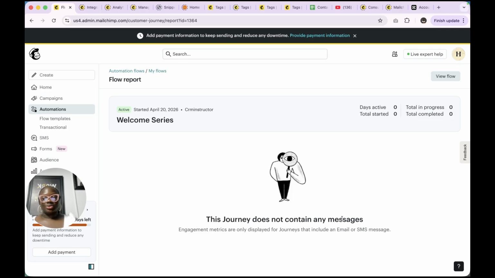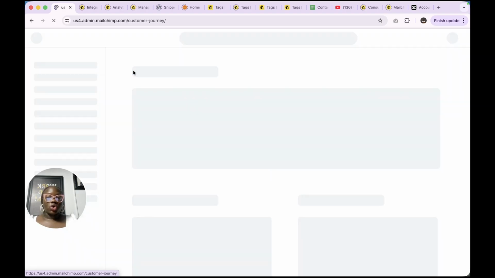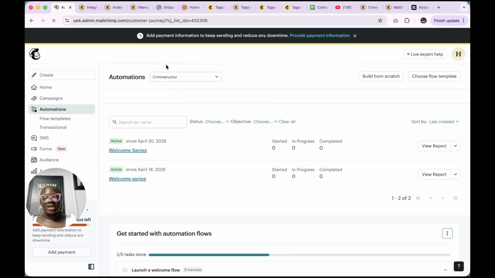what you can do to see the people that are still in progress. So that is for automation. And like I said, you can go back into your automation flow and you can see all of the automations that you've created for a particular audience. And you can also click on this part where you can view your flow, or you can replicate your flow if you want, or you can even pause your flow. So let's say you have a particular event coming up, but the event is on hold, and you created a workflow for that particular event. You can also pause this automation, and that is going to pause all of the action that is being done inside of that workflow. So now this brings us to the end of this tutorial,